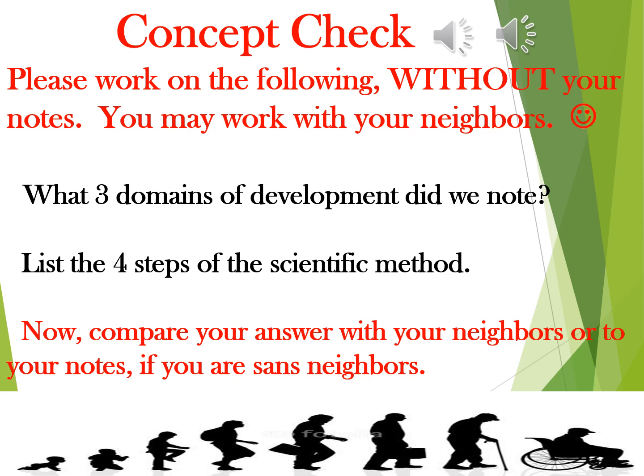So the three domains. One was physical, one was cognitive, though I would certainly accept intellectual. Third one, was it political, social? Hopefully not. You either call it emotional, social, or easier to say, socio-emotional, or psychosocial. Next one, in terms of the steps of the scientific method, if we're going to do a four-step perspective,